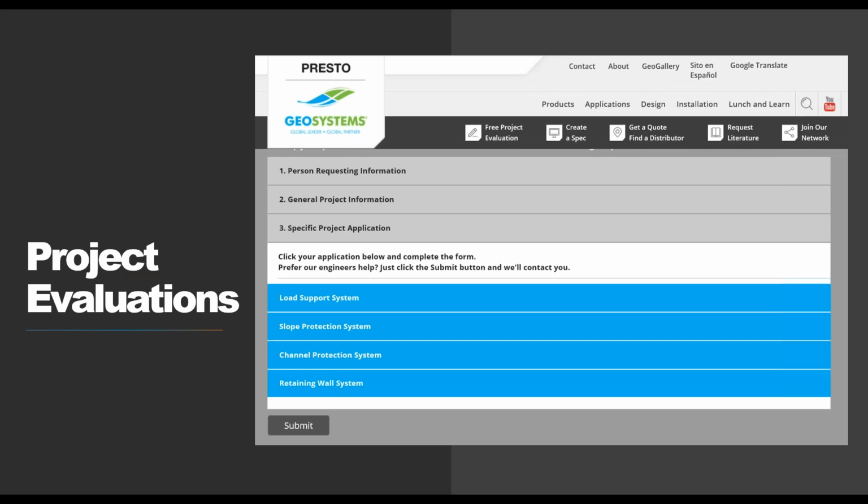Once again, you just fill out the information as much as you can. It comes to myself and we'll take a look at it. If we don't have the information, we'll give you a call. But usually if we have the information, turnaround time is about a day. So once we get the RFP, give us about a day or 2 days max to get something back to you. After we get the evaluation, we'll hook you up with our local distributor.